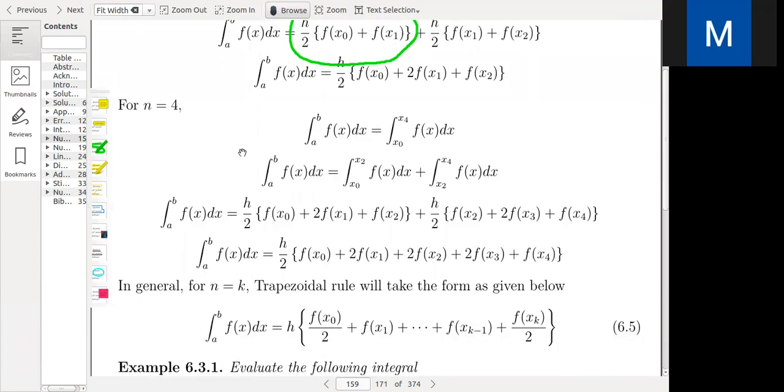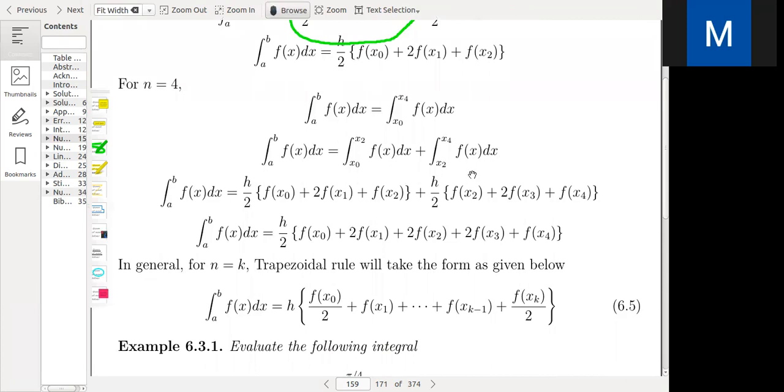And if we increase the number of trapezia to 4, we can write the formula for n equal to 2 twice, that is from x0 to x2 plus x2 to x4. From x0 to x2 we can write the formula as it is, and from x2 to x4 we continue similarly. Then we can take h by 2 as common and simplify: f of x0 plus 2f of x1 plus 2f of x2 plus 2f of x3